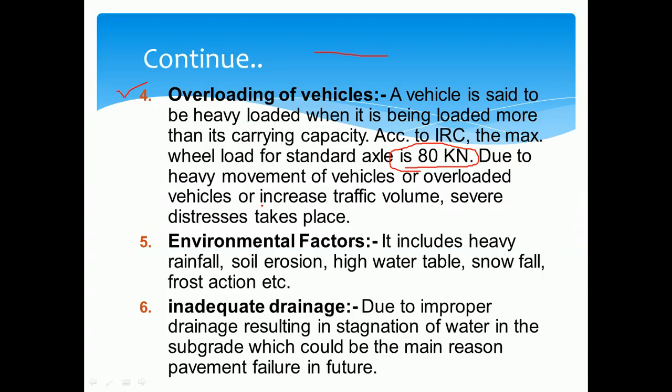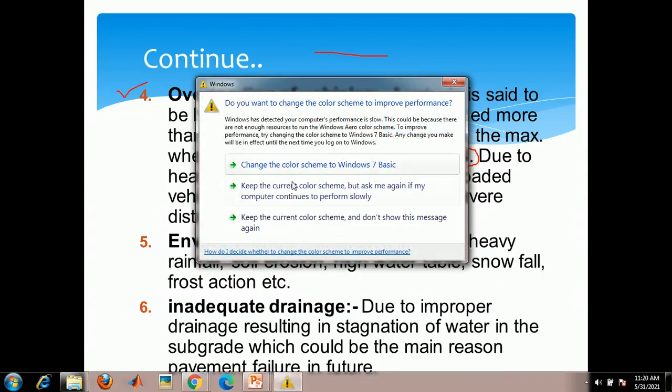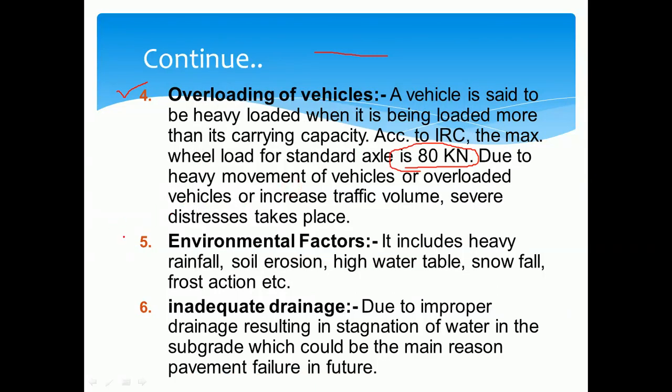Okay. Then again, environmental factors are also one of the most important factors. That may include soil erosion, high water table, the snowfall condition, and the rainfall intensity in the particular area. All those factors also affect the pavement or may cause failure, and along with that the drainage factor,